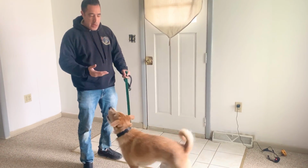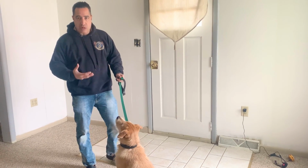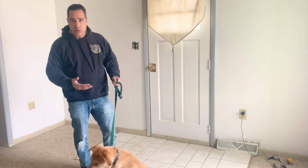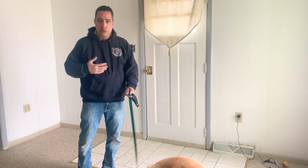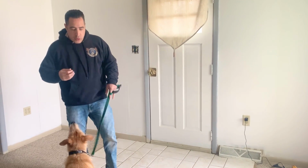This is Cooper. Believe it or not, Cooper has done a board and train with me in the past. He's a very kind of high energy, rambunctious dog, really excitable, as you can see. And he knows that I have food with me. So this is part of the motivation, the enticement that he shows me in order to kind of work. Now, when you do food